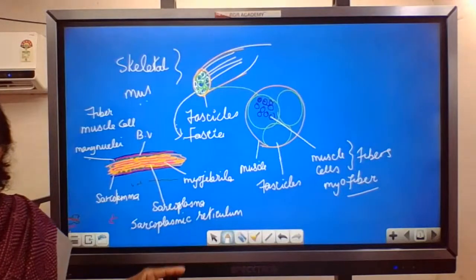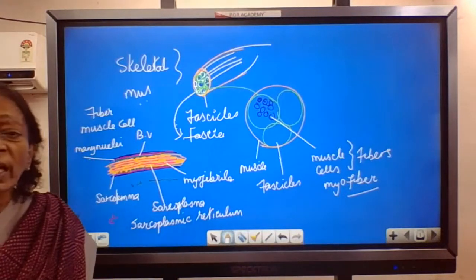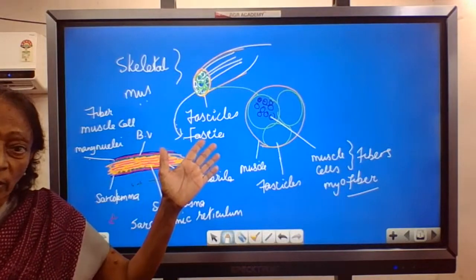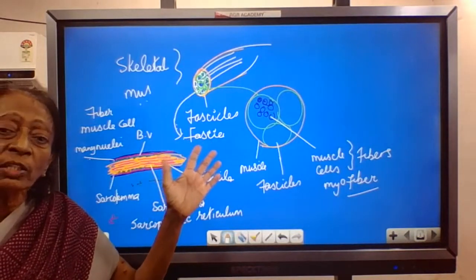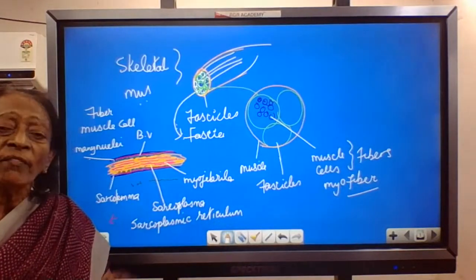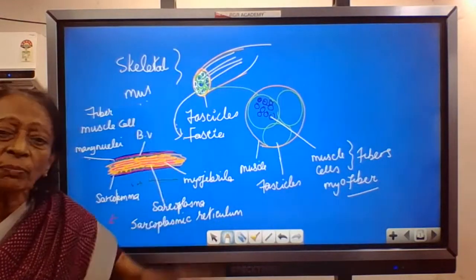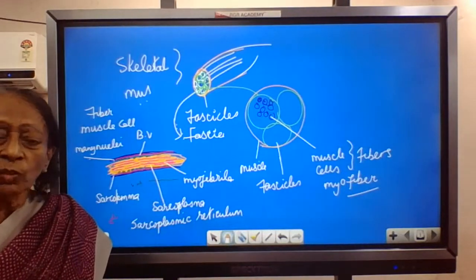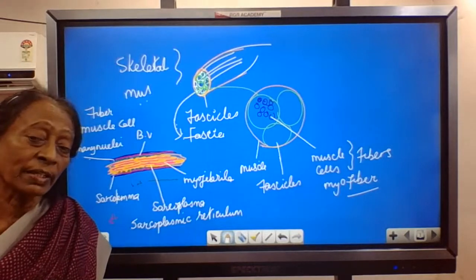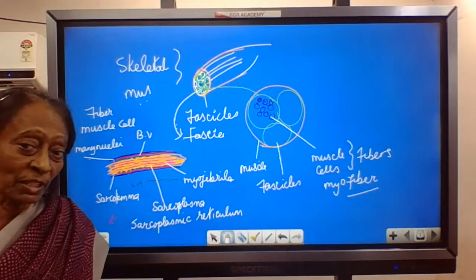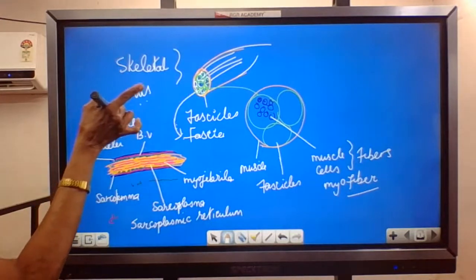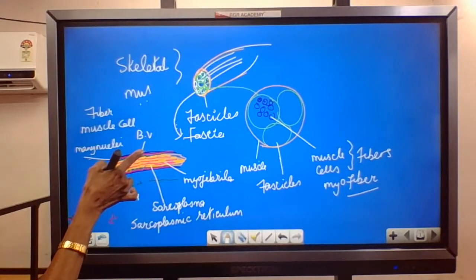in the conduction of the calcium ion, which is produced when the muscle is stimulated. The calcium ion released with the action potential is stored in the endoplasmic reticulum and is released from it when the muscle receives the stimulus from the nerve ending. Now, when the nerve is stimulated, the nerve will be touching the muscle fiber. So each muscle fiber will be in touch with the axon, a nerve fiber, a neuron,